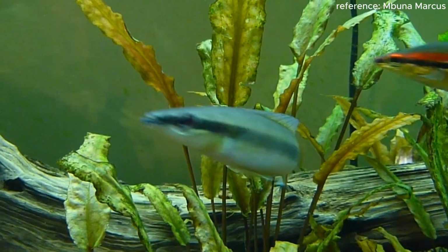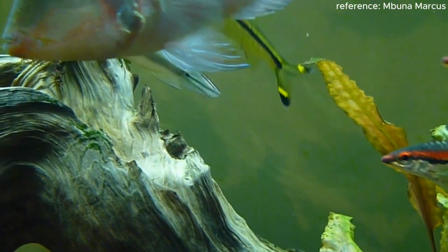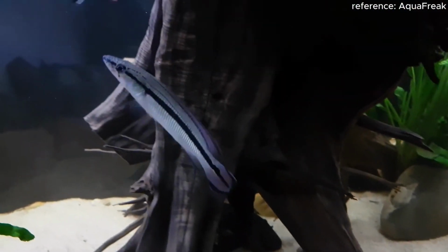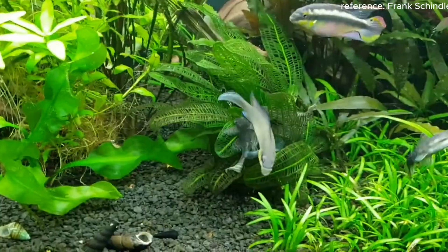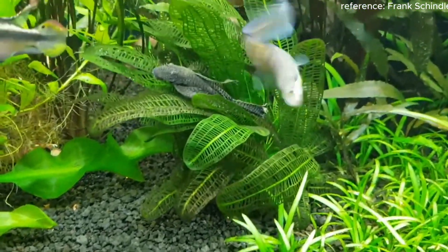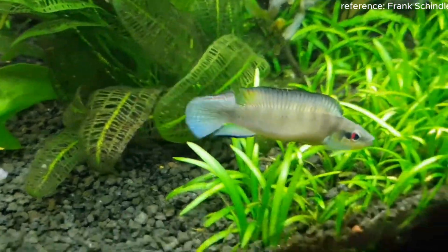A tank of at least 100 gallons is ideal here, and make sure there are plenty of hiding spots like rocks and caves. These fish are big on privacy after all. Their diet should be protein-rich, so feeding them a mix of live and frozen foods like shrimp, small fish, and worms is going to keep them in predator shape. If you're up for the challenge, Pike cichlids can be a fascinating tank addition, but they definitely come with a